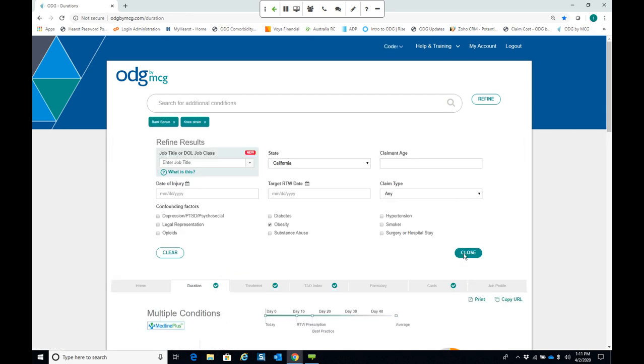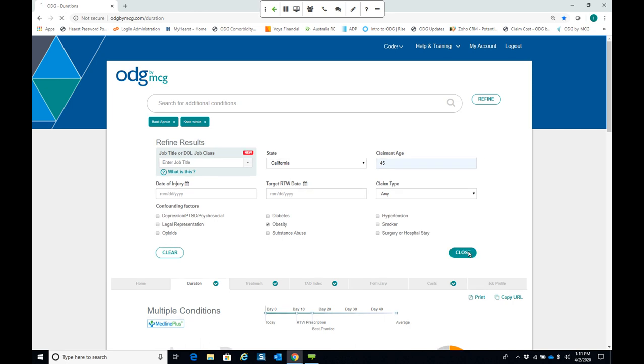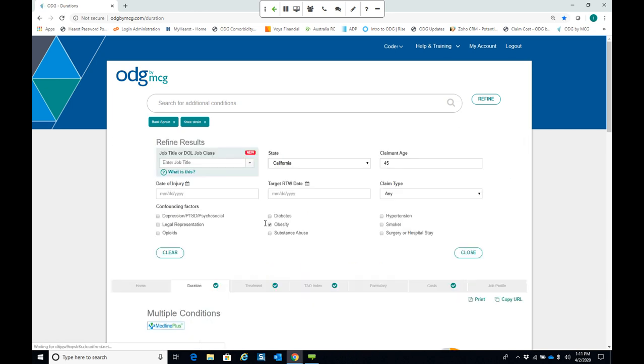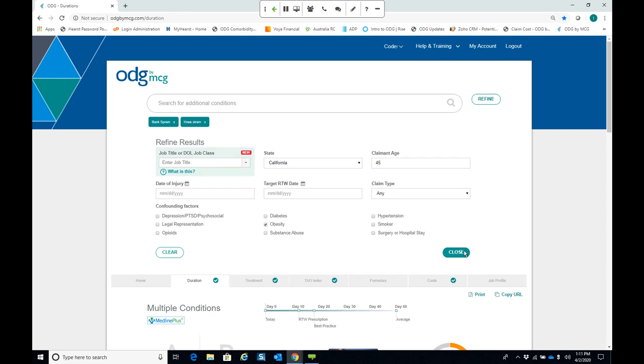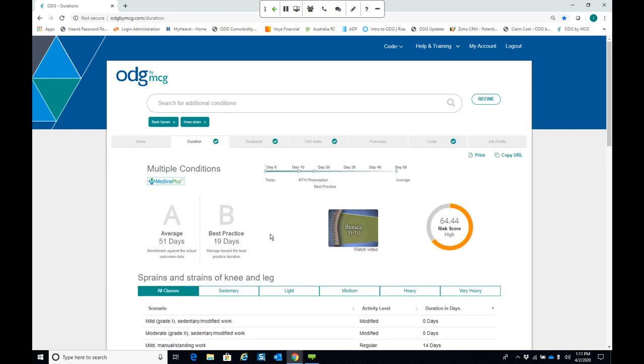And I'll go ahead and close this, and we'll also input the claimant's age. And now that I've input these other factors, like the obesity, the age, the state, you'll notice how that influences both the return to work projections and the risk